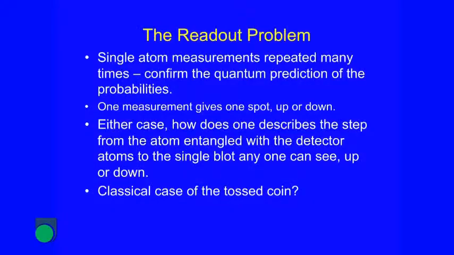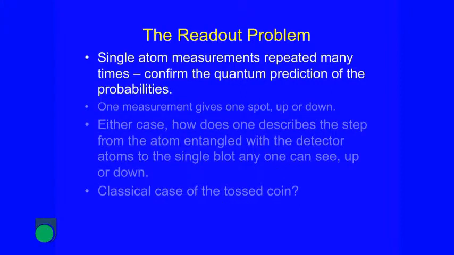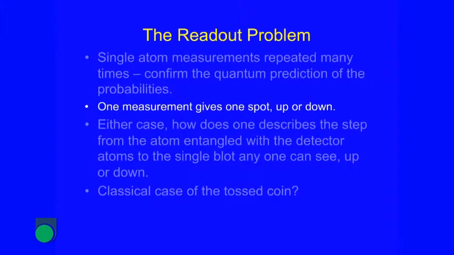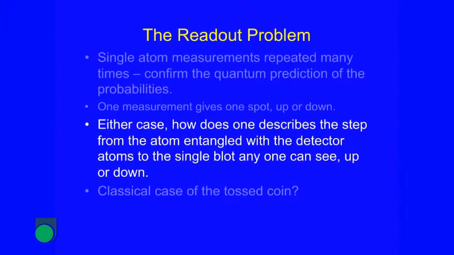So that's called, let me call it the readout problem rather than measurement. To say it again, a single atom, you make that measurement. If you repeat it many times, you get the quantum mechanically predicted probabilities. No problem. Quantum mechanics works statistically. It works just perfectly. But one measurement gives you one spot, up or down. In either case, how does one describe the last step? That you go from the quantum state, which I call the entangled state, to a single blob that one can